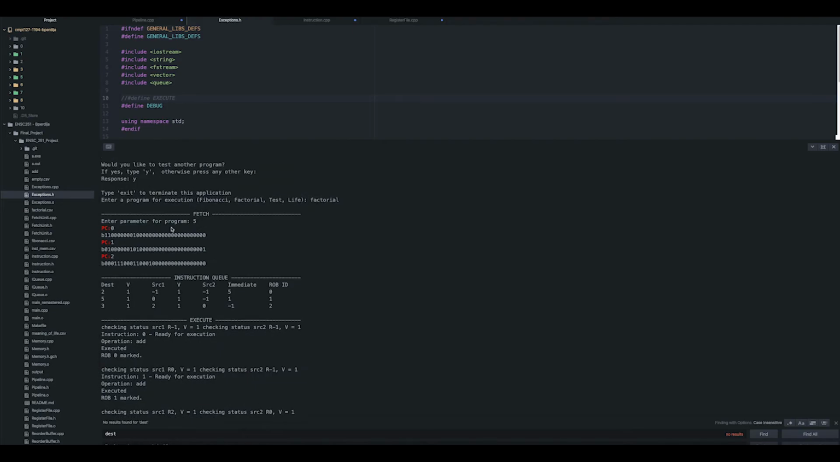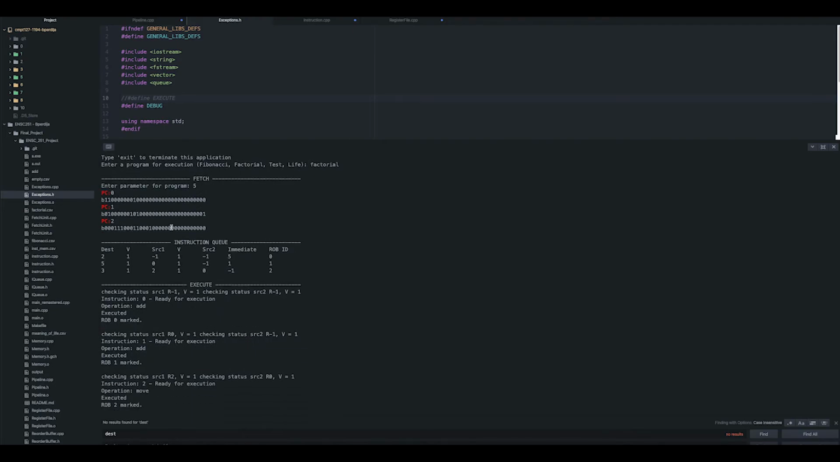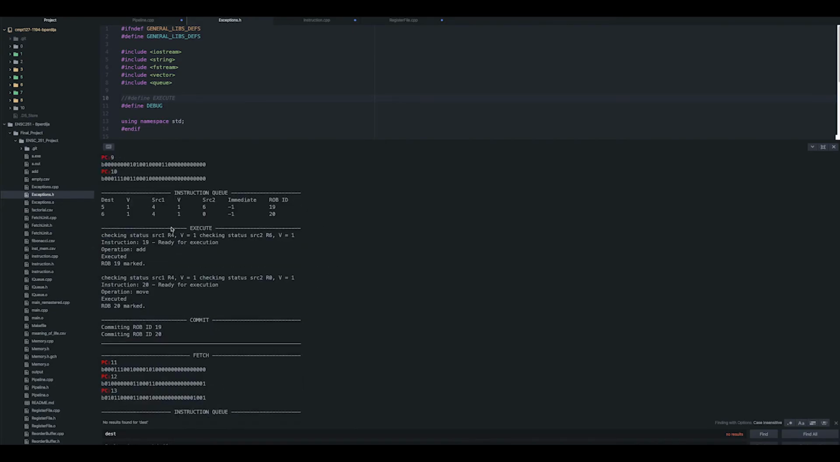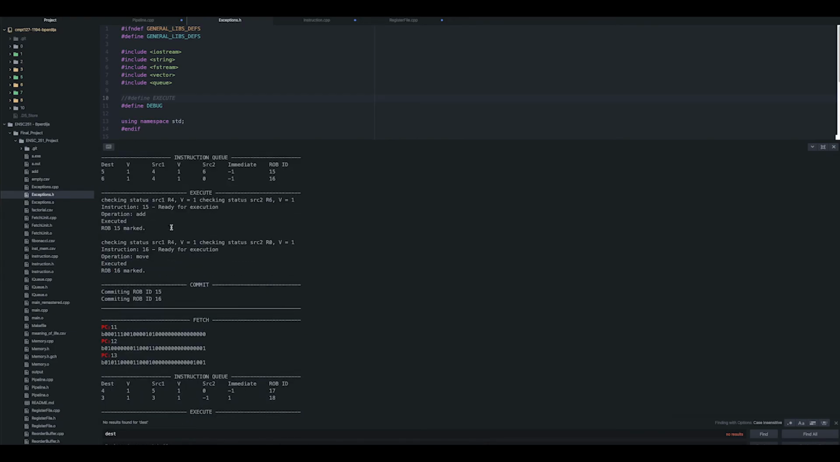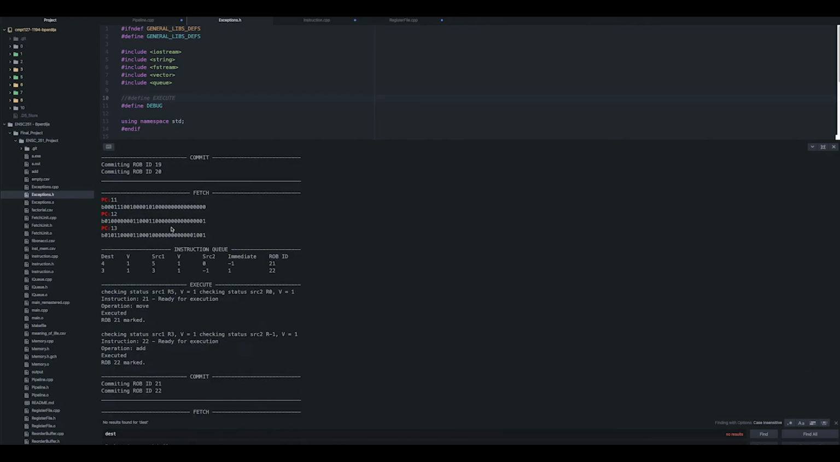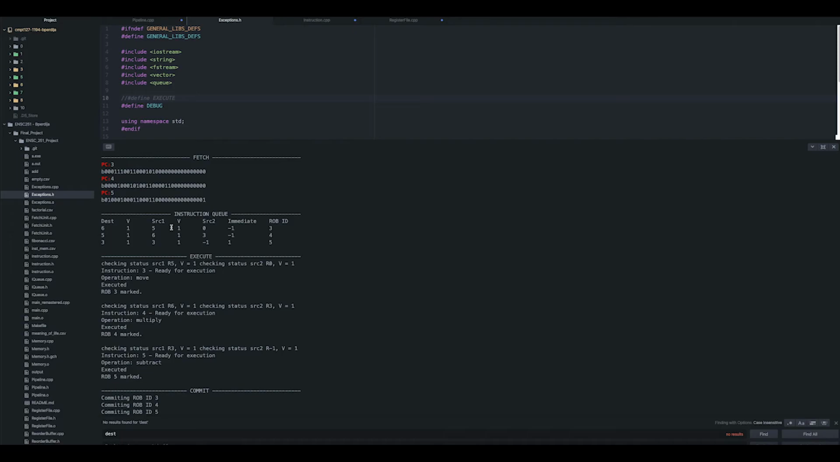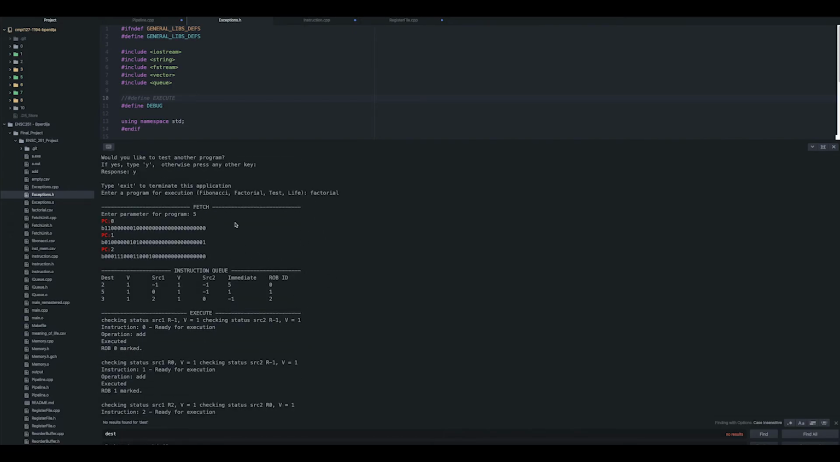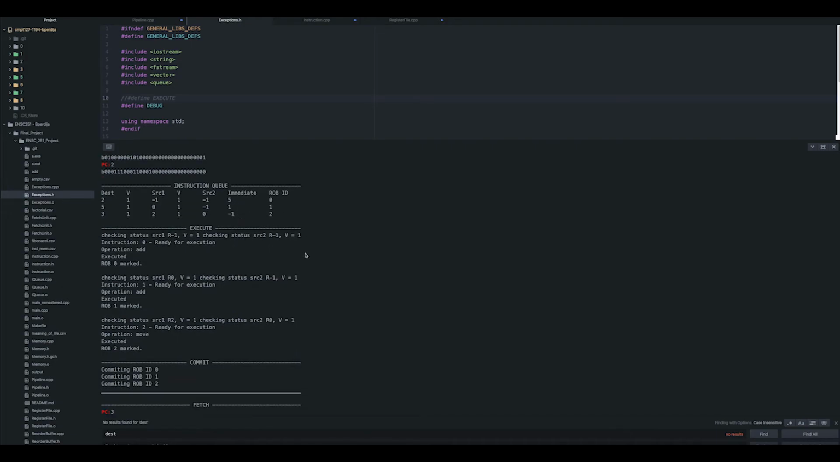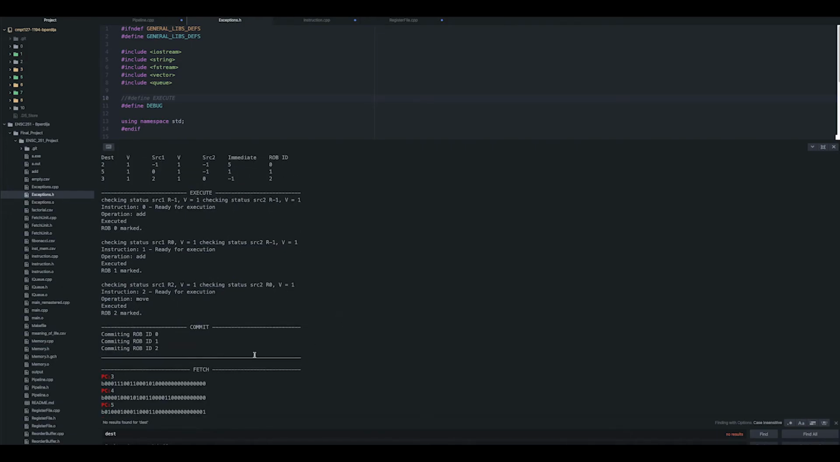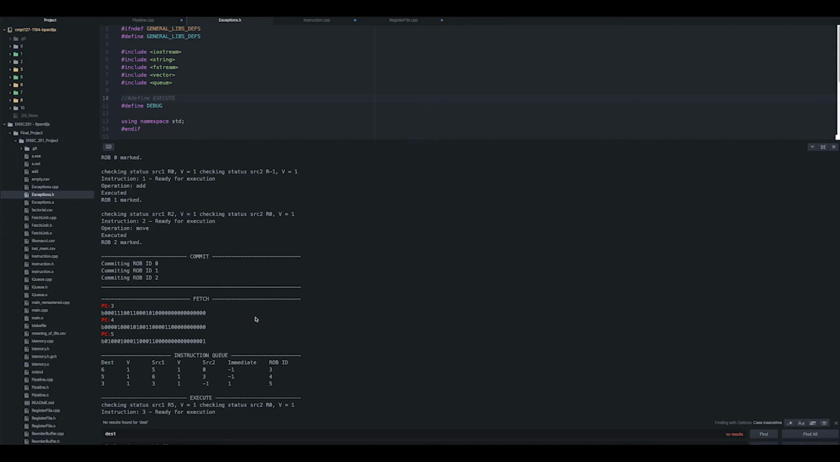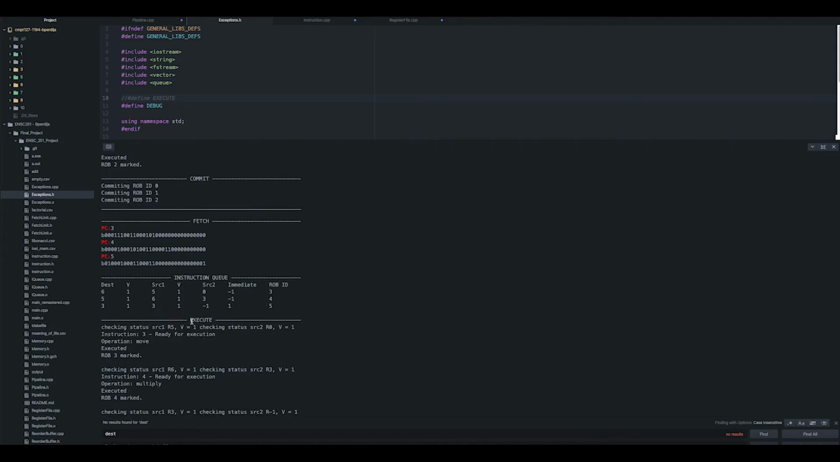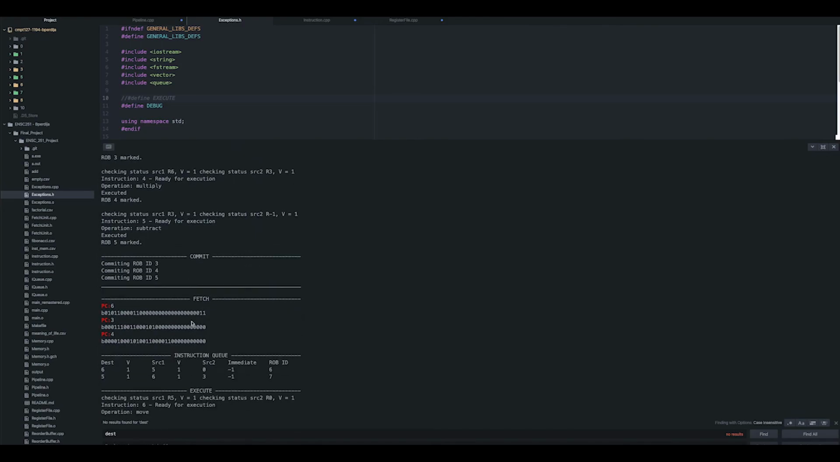So, like Fibonacci, we spit out all of our fetch, instruction queues, executes, and commits. There's a lot of scrolling, sorry. And like before, we're just going to follow the pipeline. So we fetch the first 3, then we execute all 3 of them and commit all 3 of them as well. And then in the following fetch, we once again fetch in 3 of them, execute 3 of them, and